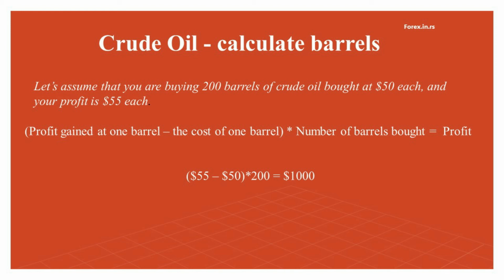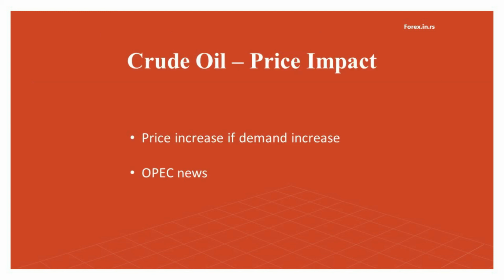So this is the end of this part of the video, where we talked about how to calculate crude oil pips. And in conclusion, you can read this on our website. I just want to tell you what affects the oil price. Like any commodity, the oil price also fluctuates. The rate of consumption and production are two events that affect it. For example, a declaration made by the United States stating that a considerable amount of energy has been drawn from their